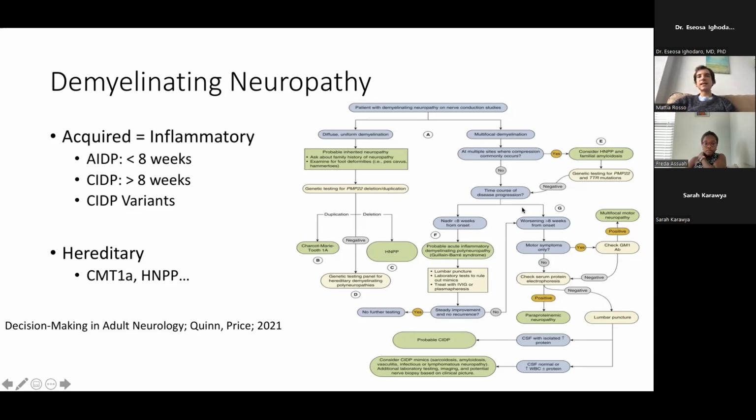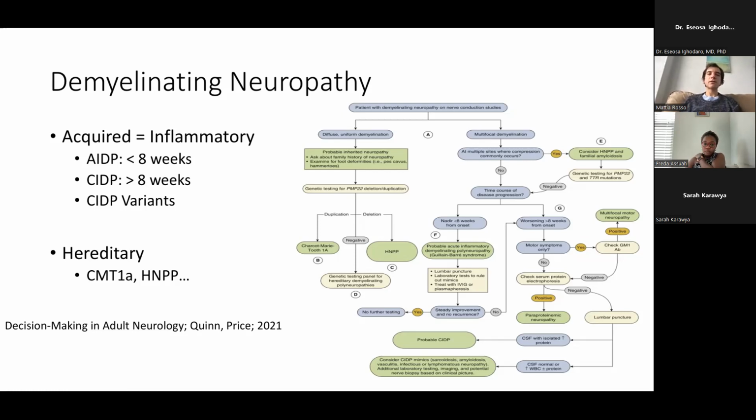Now, with regard to CIDP, it's important to know that CIDP presents with sensory and motor symptoms. When we have either one or the other, then we're probably looking at something else. So if we're looking only at motor symptoms in CIDP, we may actually be looking at something called multifocal motor neuropathy, which is due to a specific autoantibody. And by the same reasoning, if it's only sensory, we may be looking at a variant of CIDP, like a sensory variant of CIDP.